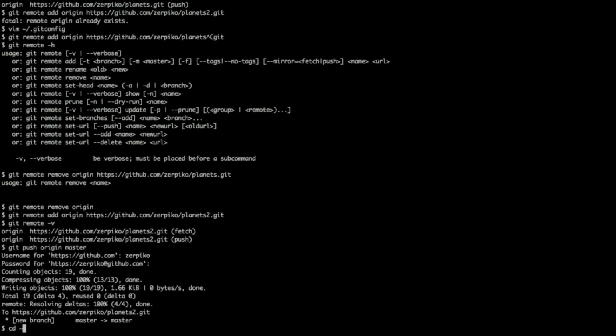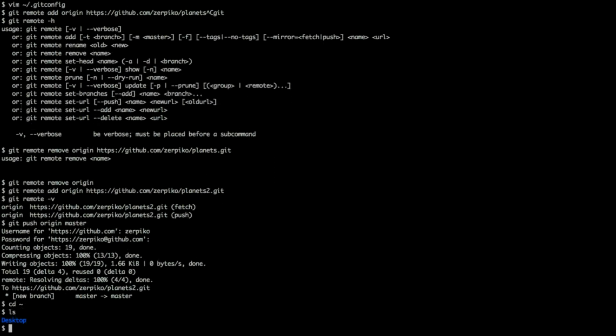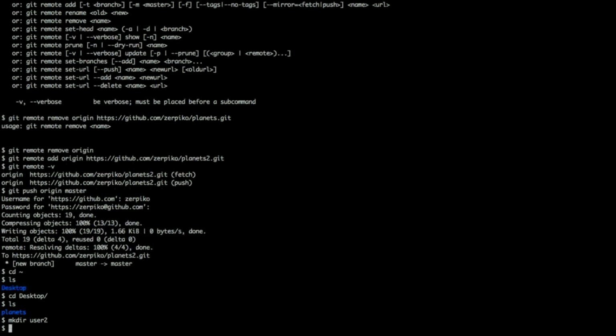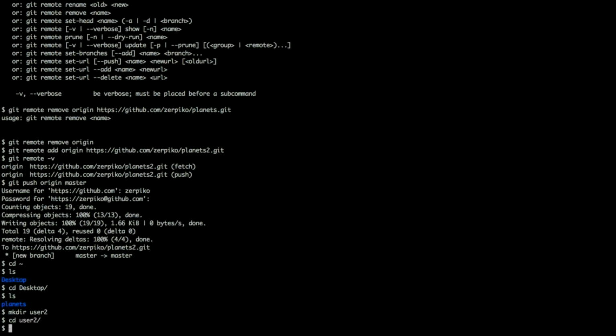So let me just go to my home directory. Let me just jump to desktop, and I create a user 2. And I jump there, and I say that I am a different person on a different computer, in some other part of the world, and I want to collaborate with a person who owns planets too. Okay, in that situation, what I can do is